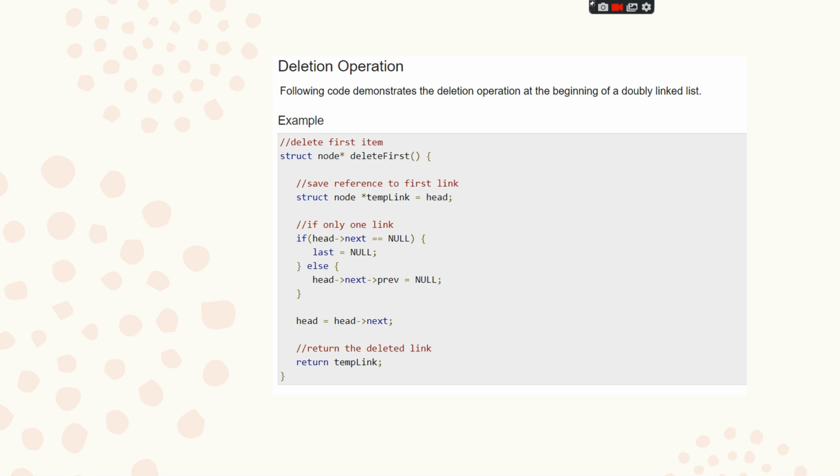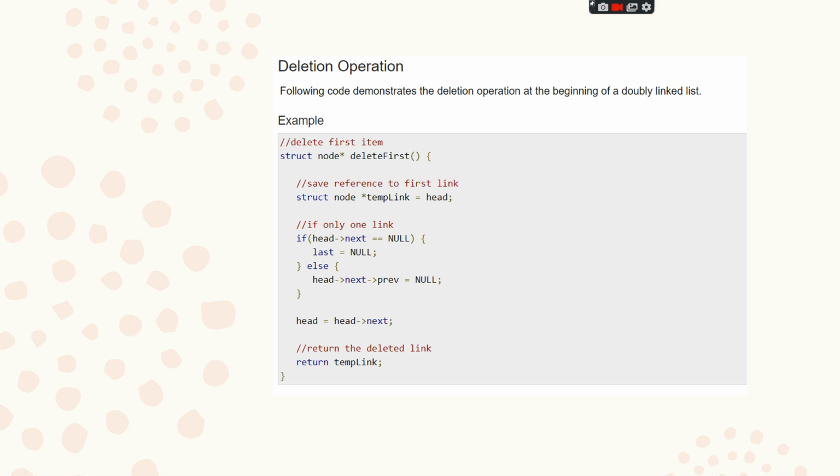Now we'll look into how deletion takes place. So we'll be declaring a function, that is, struct node star delete first. Then struct node temp link: we'll be creating a temp link, so that first has to remove the connection and point it to the temp variable, then afterwards point it to the head variable, that is the head node.